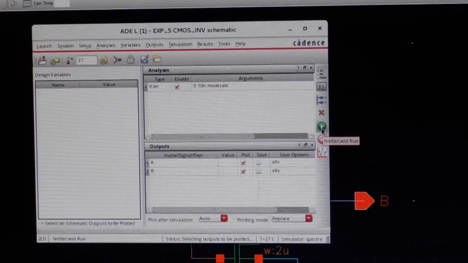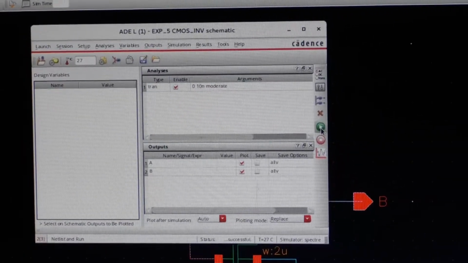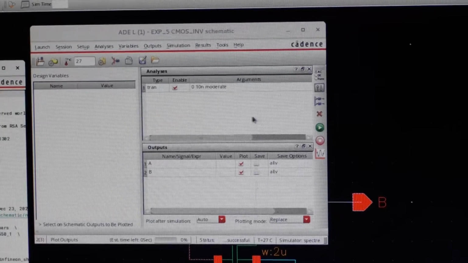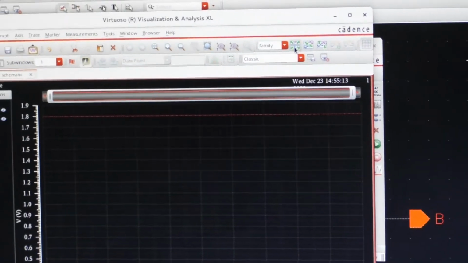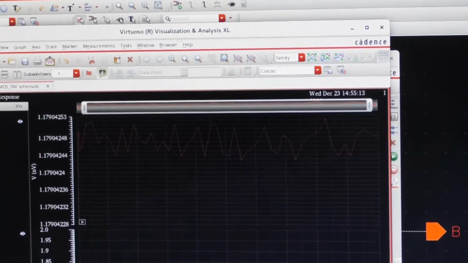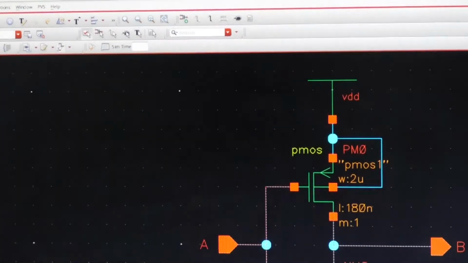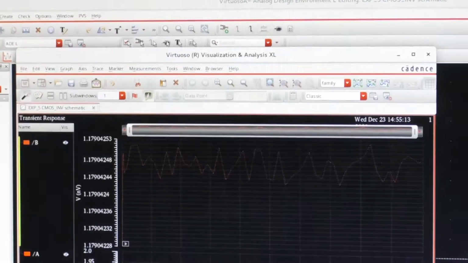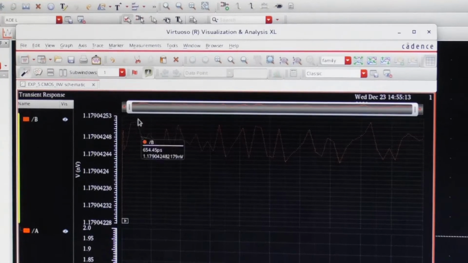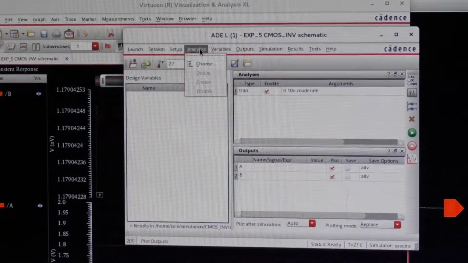If you click on this netlist and run button, the tool will generate the corresponding netlist, which will give these node to node connections. So now in the circuit, this is the actual output, and we have time.